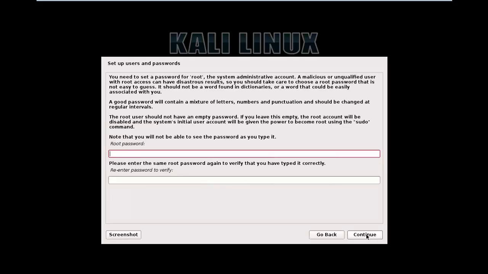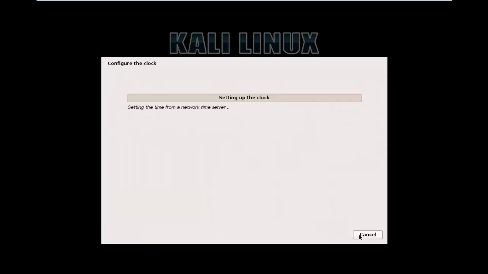Configure network root password. I'll select password. This is basically the root password. Root is basically the administrator in the Linux machine. I click on continue,